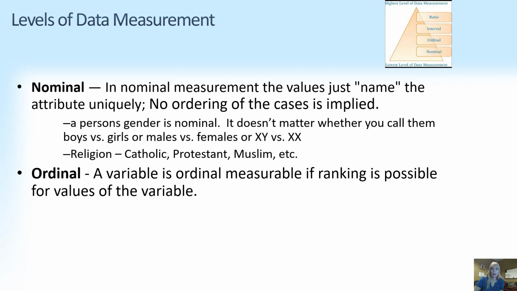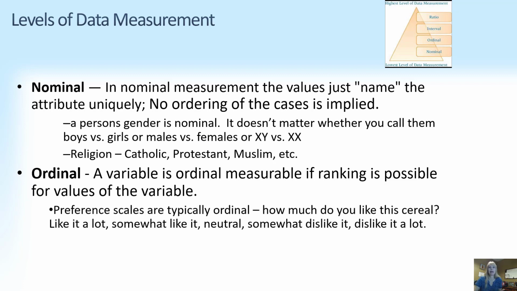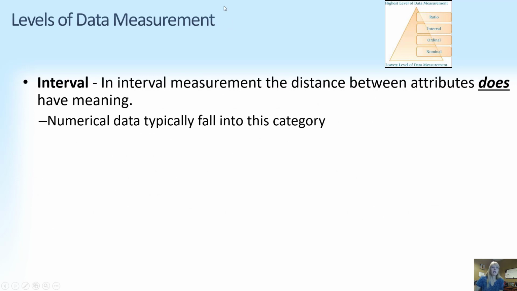Ordinal is also categorical qualitative data, but now we have some kind of ranking. Probably the easiest thing to think of is where you rank things on a scale. When you fill out my evaluation, hey, that's what you're doing. Okay, so they're collecting ordinal data. Interval data